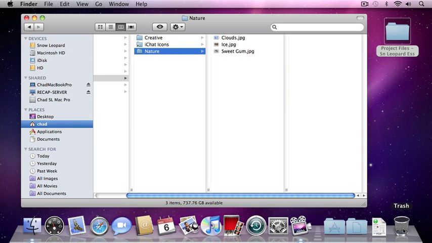So now that you understand how to organize files and folders on your computer, go ahead and move on to the next lesson where you'll learn more information about how to work